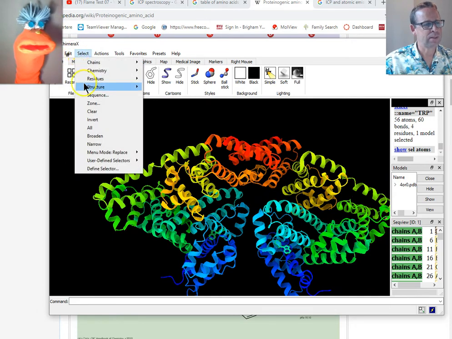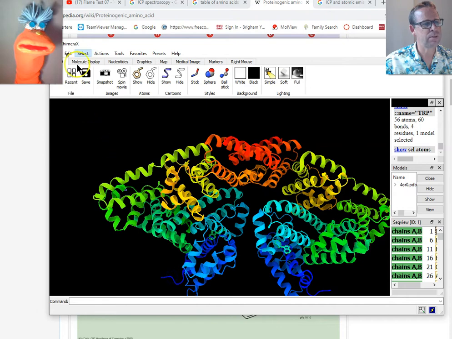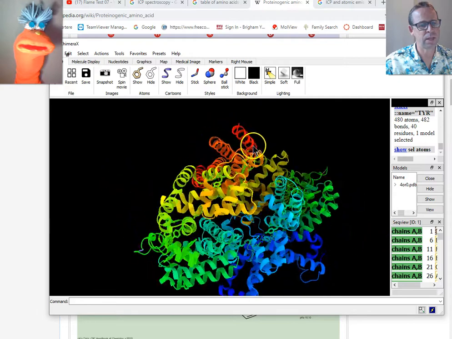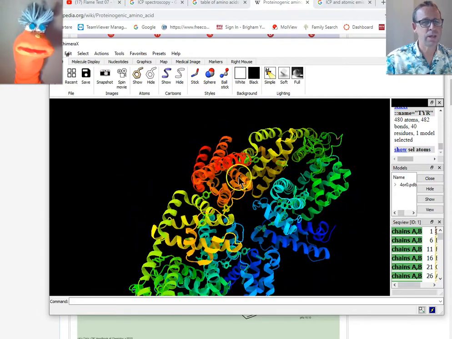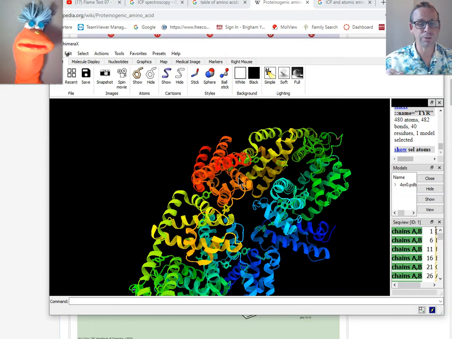Now I'm going to select also the other residues. Let's look at the tyrosine and show those. Okay. So a lot more tyrosine. Do you see all that tyrosine? Yeah. Now tyrosine does fluoresce, but not nearly as much as tryptophan. In fact, if you want to have a protein really fluoresce well, people will genetically alter it and put a couple of tryptophans on there so that you can learn about the